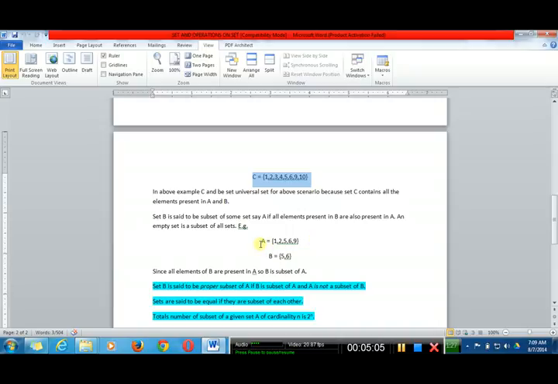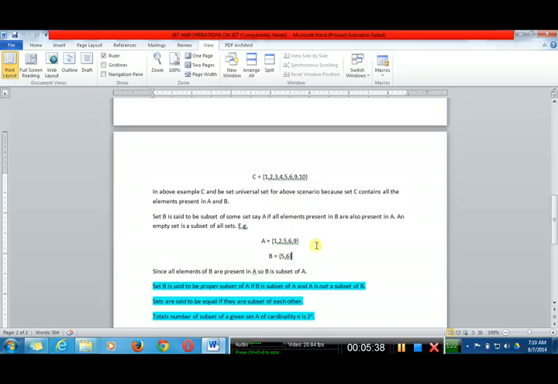For example, take A as parent, then B would be a subset of A, because all elements like 5 and 6 present in B are also present in A. It is necessary for a subset that all elements present in it must be present in A, but it is not vice versa. All elements present in A may or may not be present in B, right?